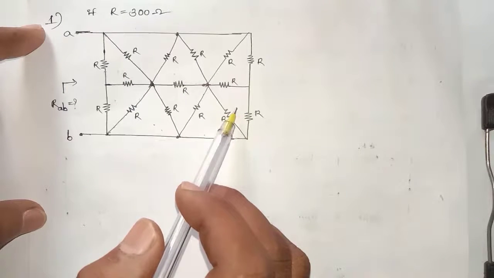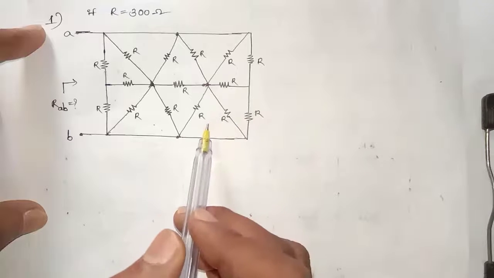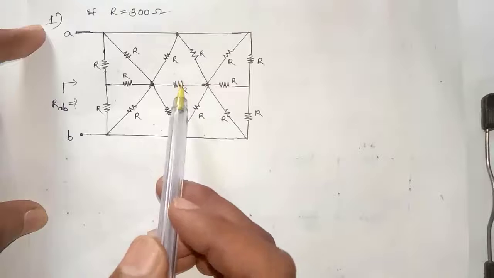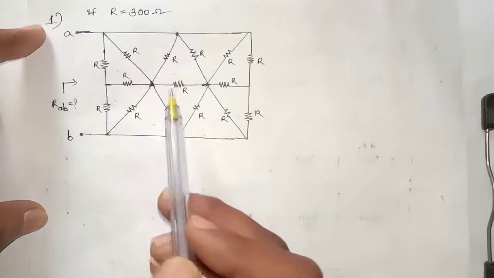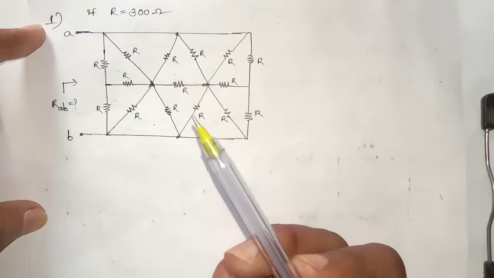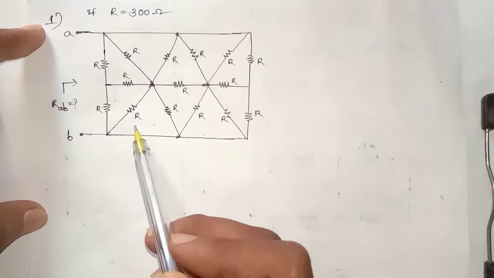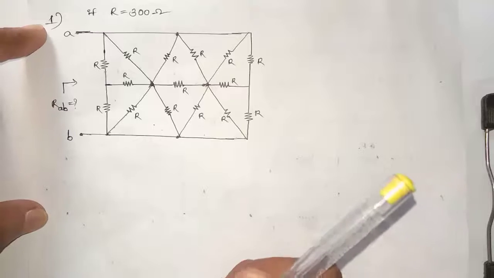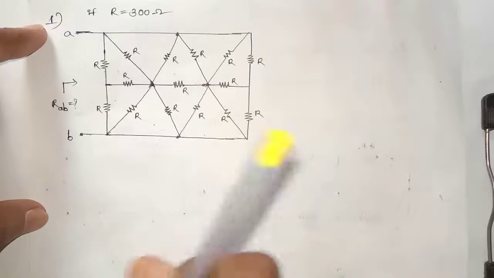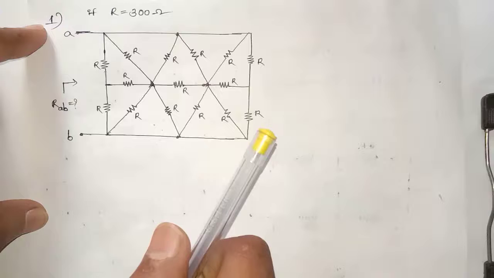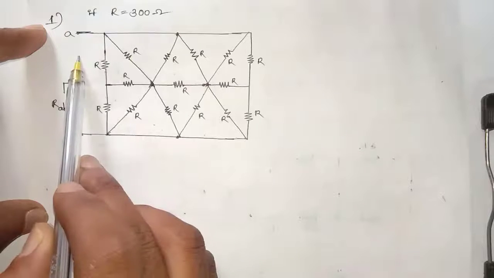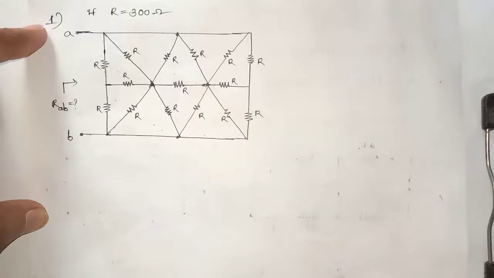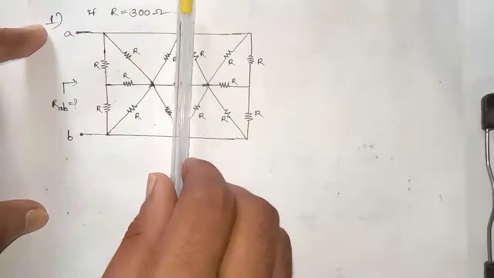What is the symmetry concept? The first one is mirror symmetry and the second one is folding symmetry. First we will try to solve this problem by using mirror symmetry. But mirror symmetry has two conditions. In the first condition, we need to place a mirror in such a way that the mirror divides the circuit into two equal parts and the reflection of point A should be equal to point B. Let us take the mirror position like this.